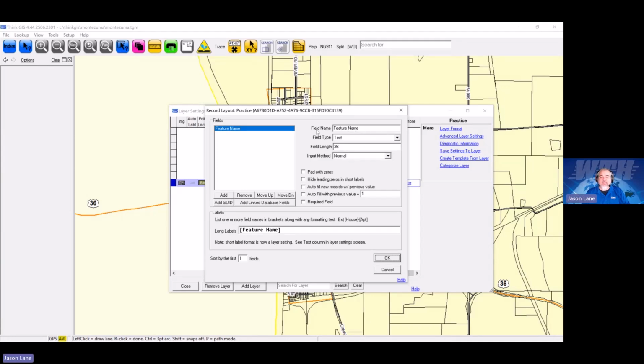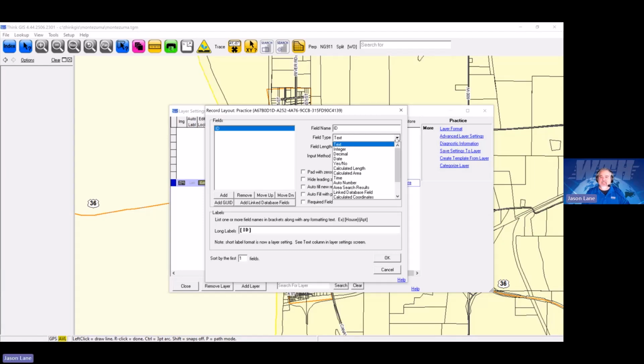So any of these are customizable. So for field name, since we're just going to be throwing some different features out there, I'm just going to change this. Instead of calling it feature name, I'll just call it ID. So we can put a different number, anything we want on that. The next field is field type. And this is, like it says, what type of a field that it is. What do we need it to do? So if I hit the pull down arrow,